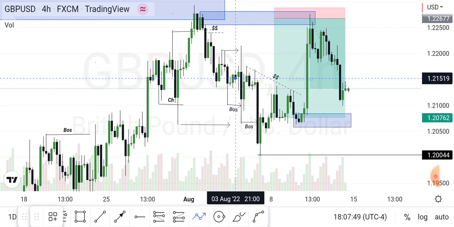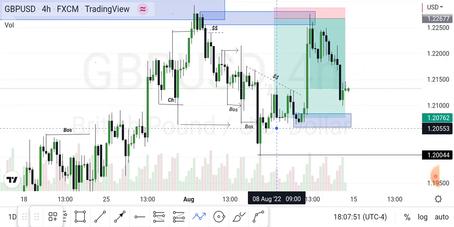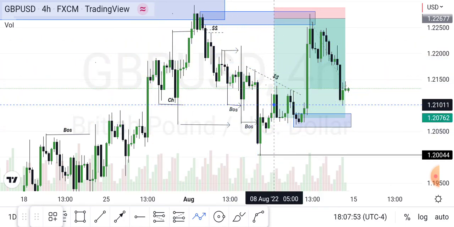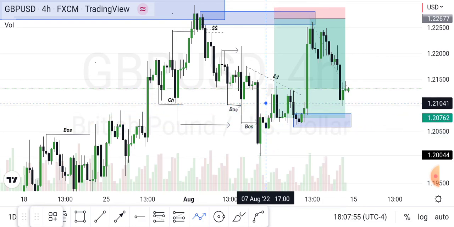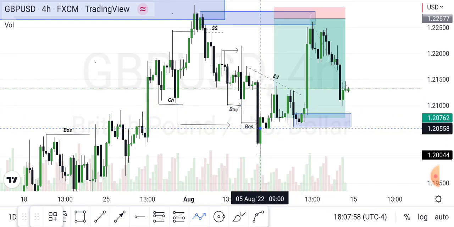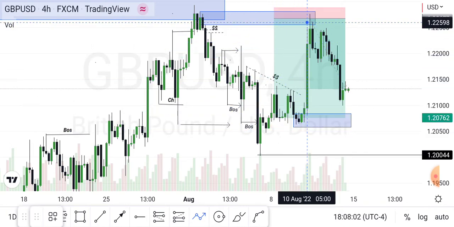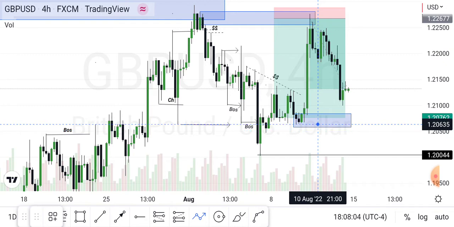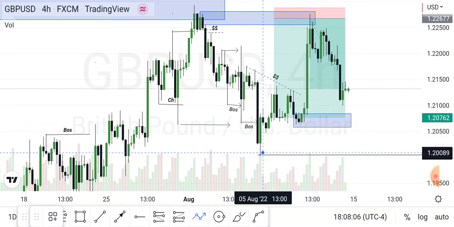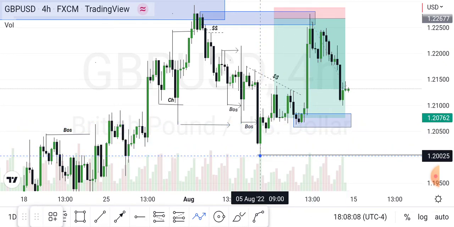And you see now, everything that was created here was inducement. That is why you have to wait patiently, because you never know where price will just get invalidated. And now this was where we got the major move. And trust me, this is a weak low, and I anticipate that GU is going to break, the price is going to take out this low.